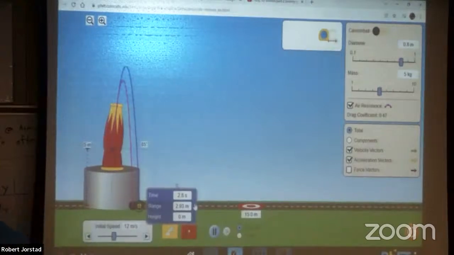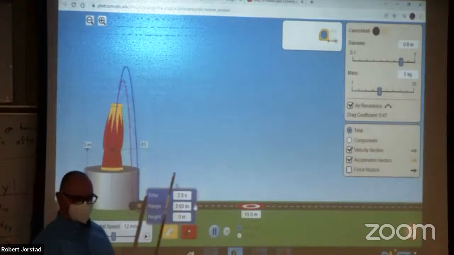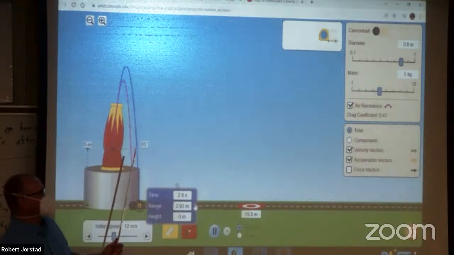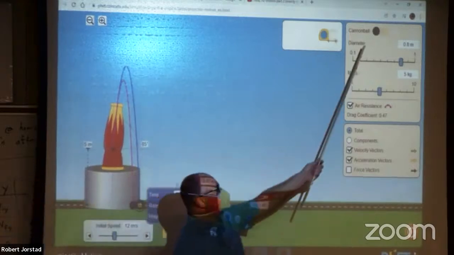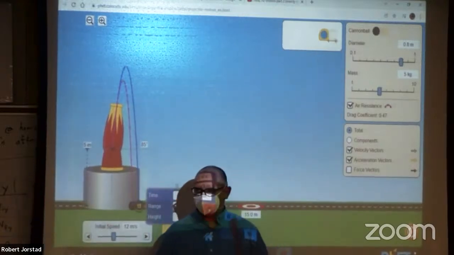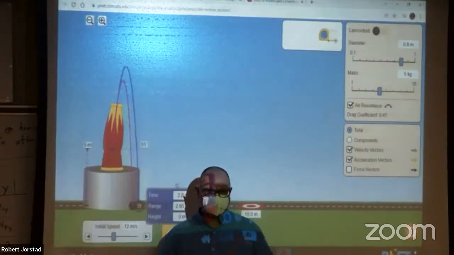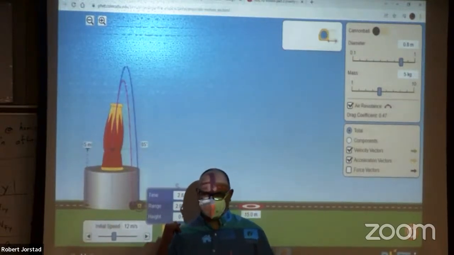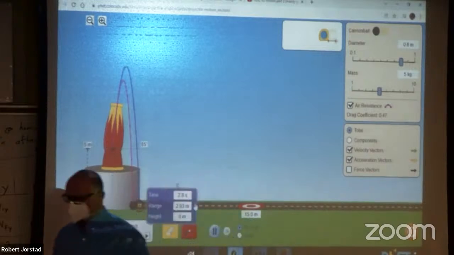All right. Now, there was another good point earlier. If you use an object other than a cannonball, the drag coefficients are going to change, right? That's what you were asking. So if you use a feather here, it's probably going to be a very different drag coefficient. And in fact,